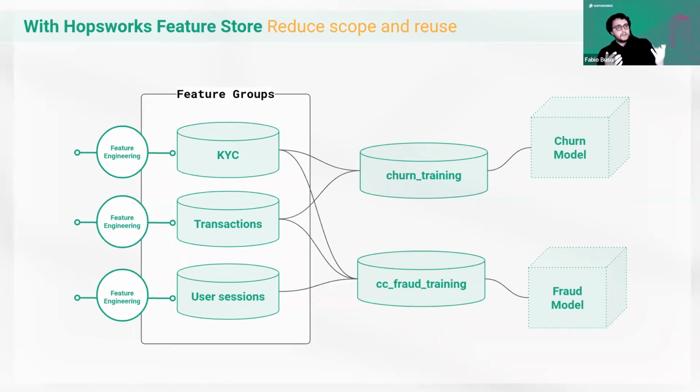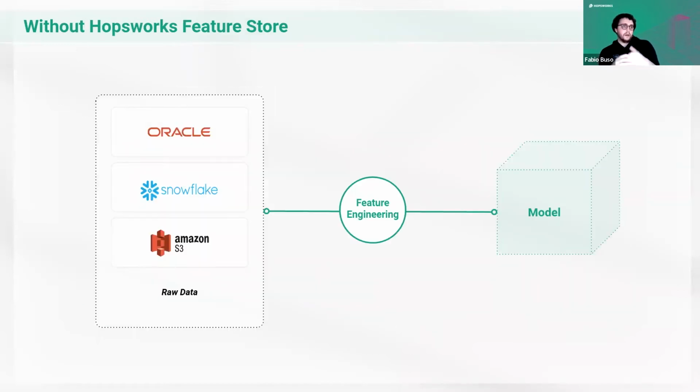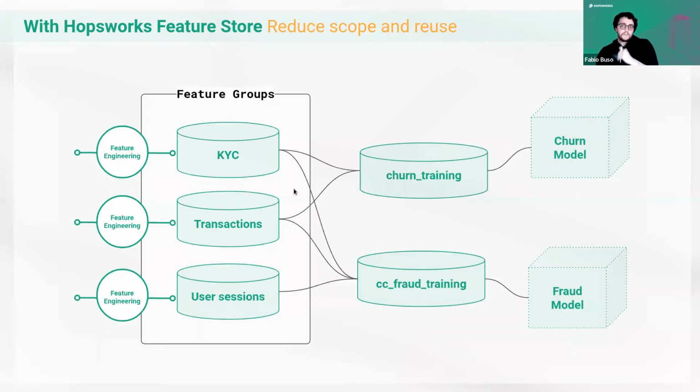The second aspect it helps with, and that's one of the core concepts of the feature store, is reusability, right? As you can see in the example, if I go back here, and I'm training, let's say, the churn model, and I want to train the fraud model, then I have to do the same feature engineering again, right? I have to go back and rebuild the entire pipeline from scratch. What I can do with the feature store is reuse those features from the feature groups to build a new training dataset, right? And what this buys me as a